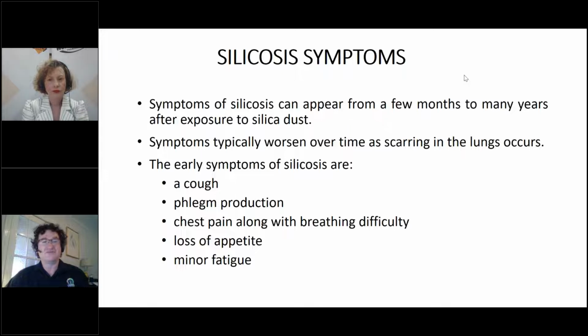You don't think much of them necessarily. The first bit really is just a cough, like a bronchitis type of cough, which is just an irritation of the lungs. As I suggested earlier, the lining of your lungs is irritated, it gets a bit swollen, you don't get so much air passing through, and there's an increased mucus or phlegm production as well. So it's more of an irritation type of thing. But then you start to progress through the silicosis